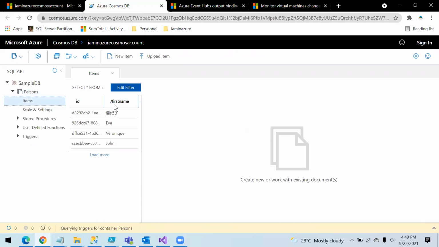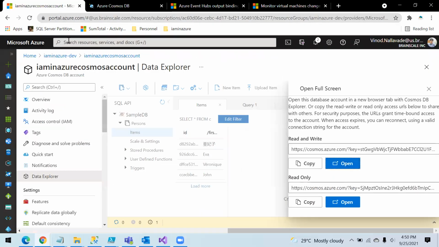Yeah, if you look at this, this is the partition key here, slash first name is the partition key. And what we're gonna do is we have 4 records inside this persons collection. So we're gonna use this database and the collection to test our function app. I hope the function app is ready by now.